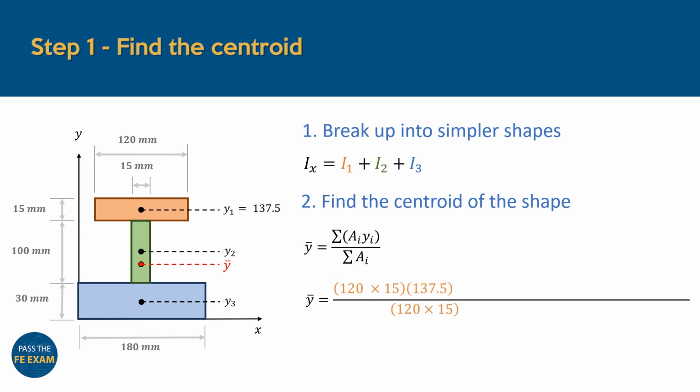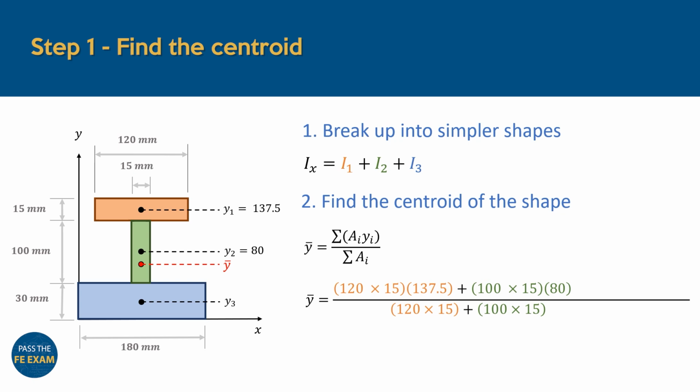We start off by calculating the area of our top rectangle, which would be its base multiplied by its height, or 120 by 15 millimeters. This rectangle's height from the x-axis to the centroid can be found to be 137.5 millimeters. We can then go ahead and define these values for our other 2 shapes to find the centroid